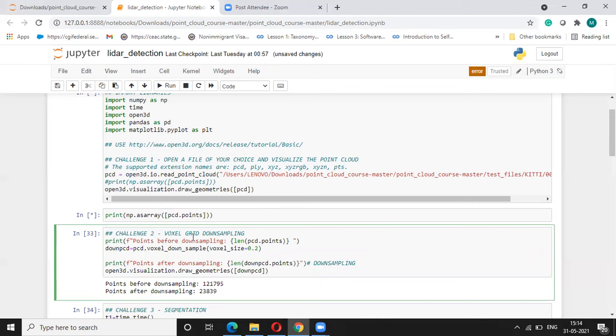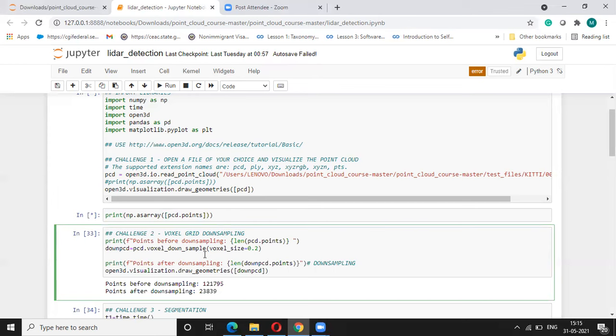But the thing is that whenever we talk about point clouds, sometimes we generally have 100K points inside that point cloud, and that's a huge number. If you have to do computation on that huge data, then it will consume a lot of memory, and it's really not a computationally efficient way to handle that data. Some points might also be redundant, and it's really not necessary to operate on every data point. That's the reason we need to downsample our point cloud data, and that can be done using this voxel grid downsampling principle.